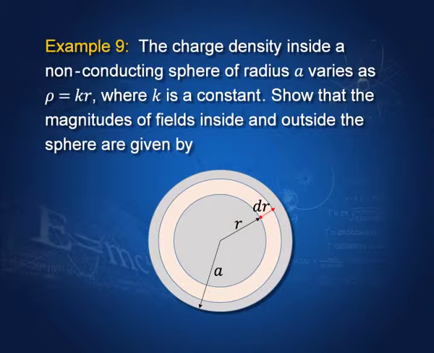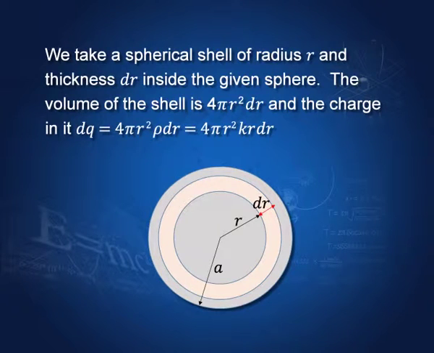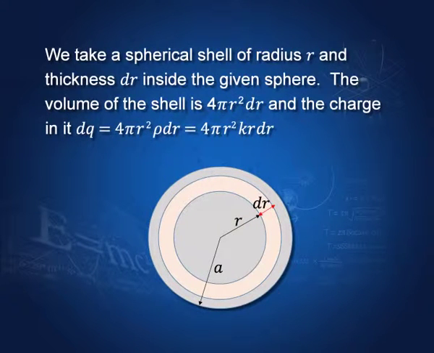How do we find the charge then? You remember in the last lecture I told you how to find the charge inside a sphere. We take a shell of thickness dr. The surface area of this shell is 4 pi r squared, times dr gives us the volume of the shell, multiplied by the volume density, that gives us the charge inside the shell. Then we integrate from 0 to a, or 0 to r, or whatever the radius, and we get the charge inside that sphere.